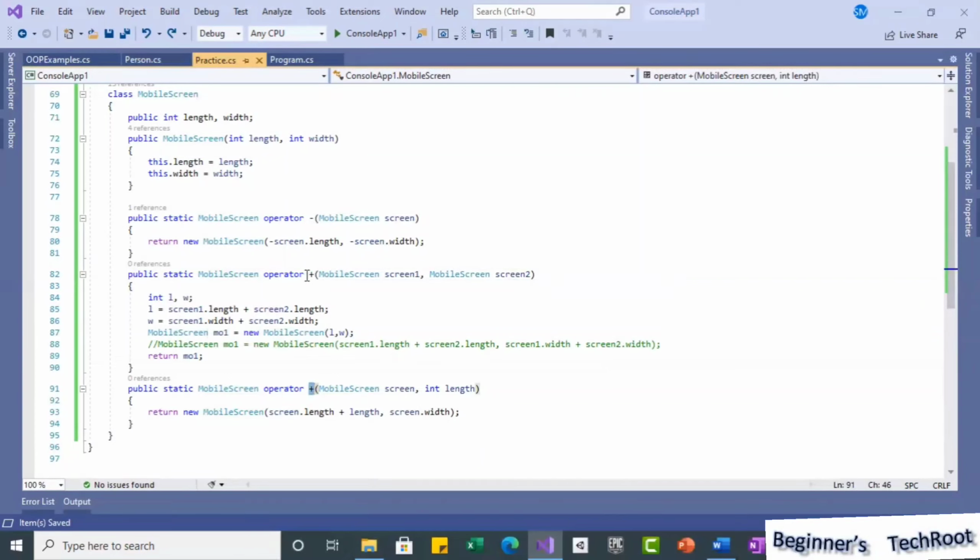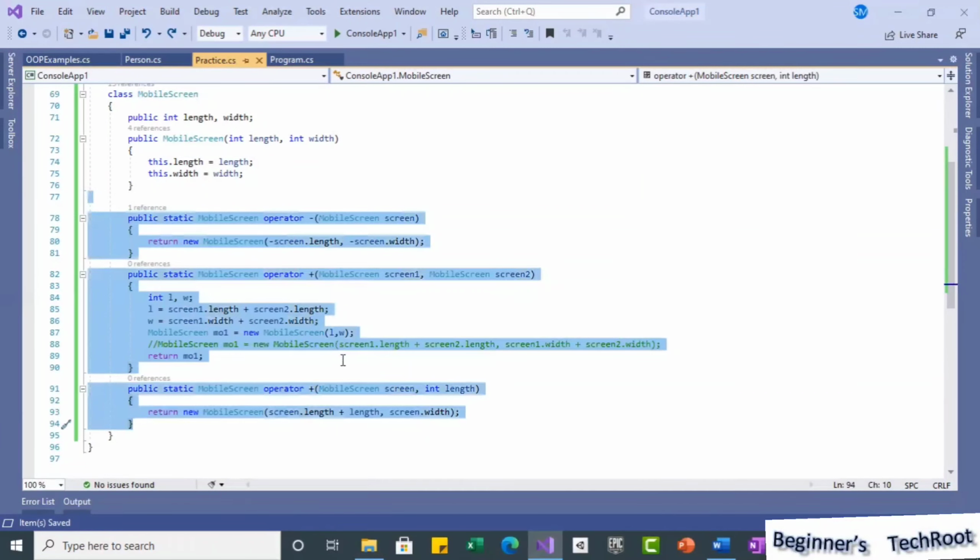So this way, we overloaded the plus operator also. See, the plus operator we overloaded here with these two parameters, so the signature is different. That's all. If you make the same signature again, you will get an error. With a signature difference, you can overload even the same operator. So all these various ways of operator overloading, I have defined here.